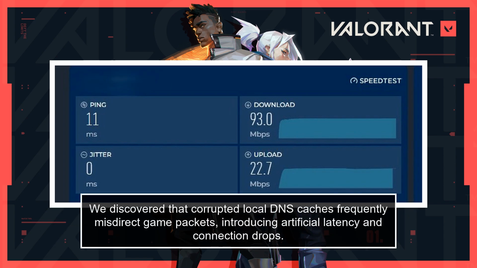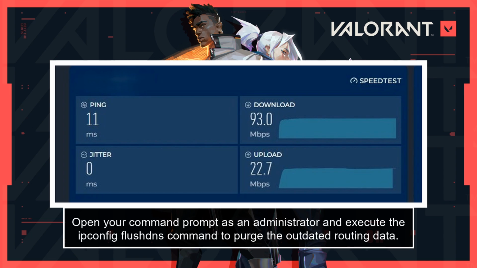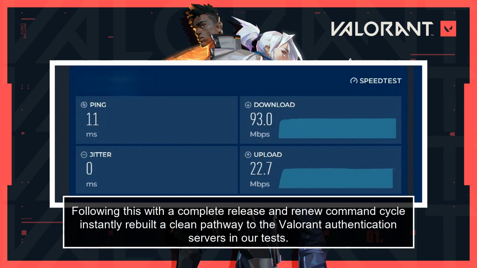We discovered that corrupted local DNS caches frequently misdirect game packets, introducing artificial latency and connection drops. Open your command prompt as an administrator and execute the ipconfig /flushdns command to purge the outdated routing data. Following this with a complete release and renew command cycle instantly rebuilt a clean pathway to the Valorant authentication servers